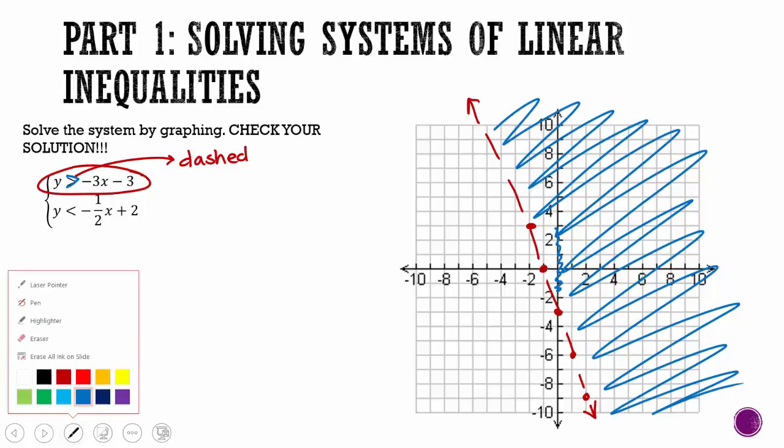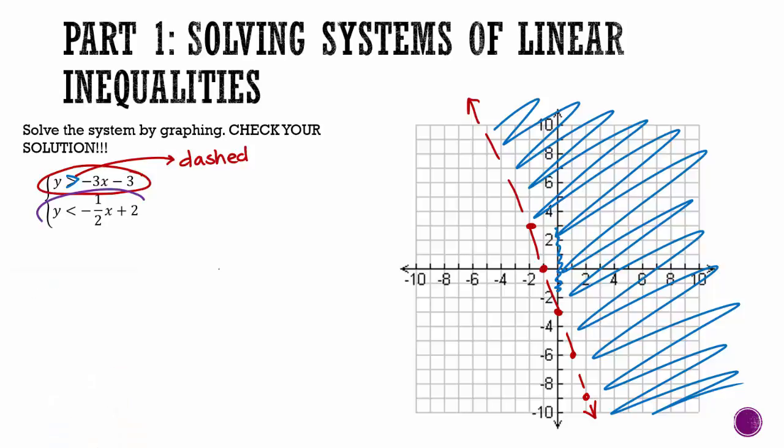So before, we would just be done and we'd move on. But now we got to graph one more line. So just like the last one, this is in y equals mx plus b. I'm going to start at 2. And then I'm going to go down 1 over 2, down 1 over 2, up 1, backwards 2, up 1, backwards 2. And before we would really care about this dot here that they both share, but we don't anymore